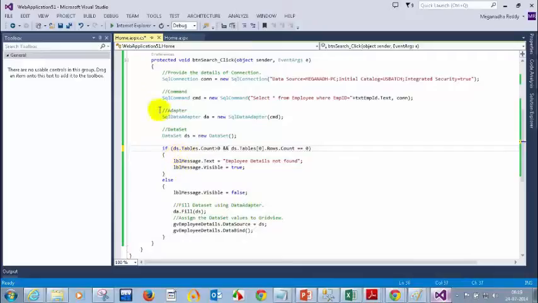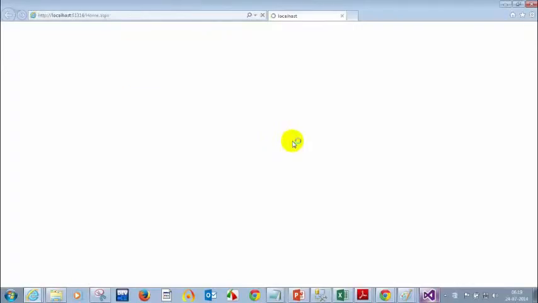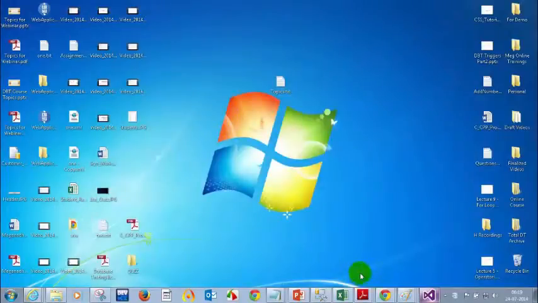I'll explain this again. Let me run this. Ideally we have that employee, right? When I enter 5, let me put a breakpoint.